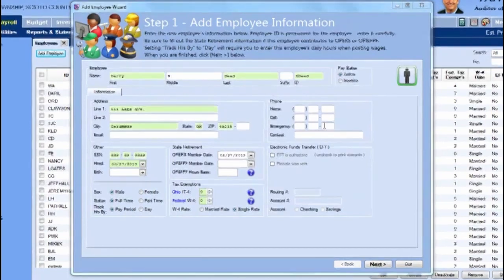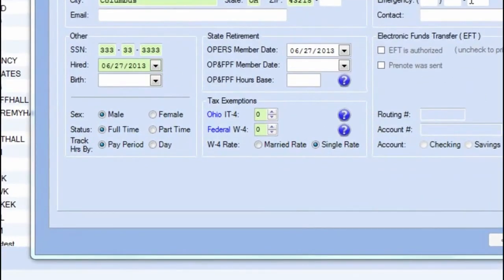Next, click on the Tax Exemptions field. Both the Ohio IT4 and Federal W4 fields are required. If you have questions on either field, click the blue question marks next to the field. So for the Ohio IT4 form,